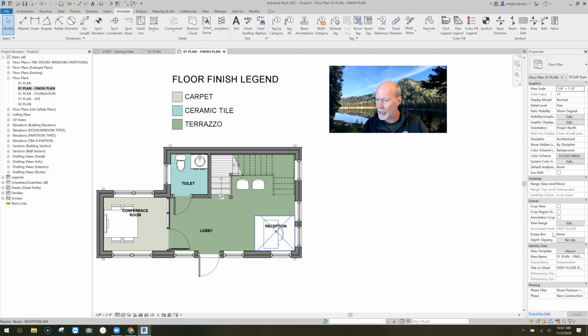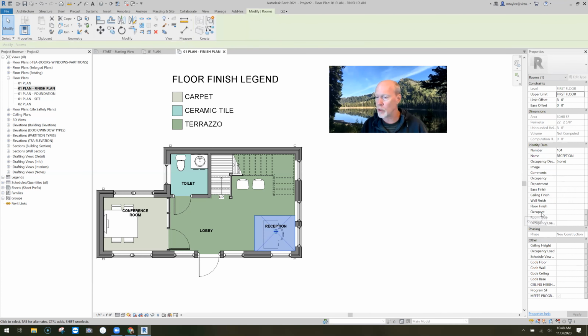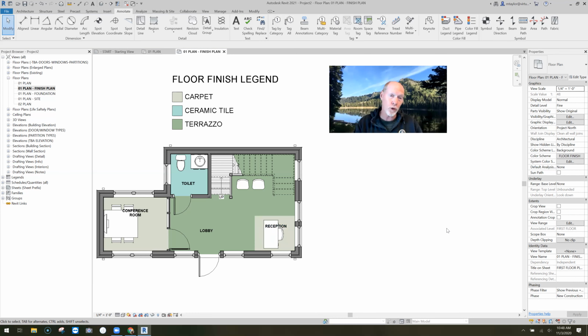There, got it. And because I've already used it once, you'll notice on the floor finish, I can use the drop down, and it will list everything I'm currently using. So I don't have to type it in every time. I can just pick carpet off of the drop down list. Okay. So what it has done, it has made a floor finish legend for me automatically, and it has colorized